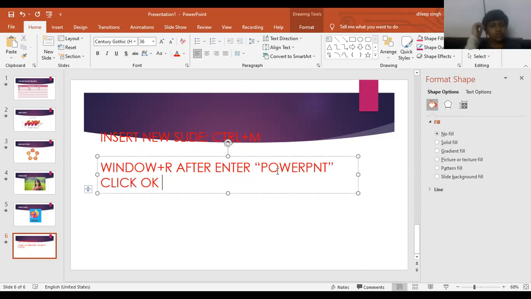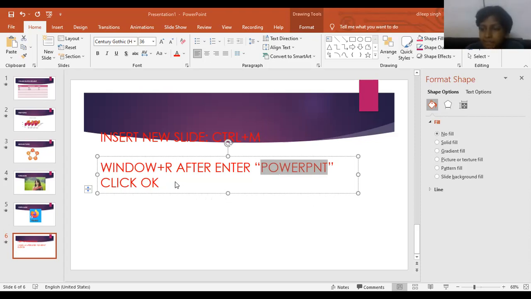It will open. So it is the key by which we open the PowerPoint software using the Run dialog box. When we press Window plus R, we get this option, we type powerpnt and click on OK. You will get the software open. Clear? So that is all about PowerPoint.